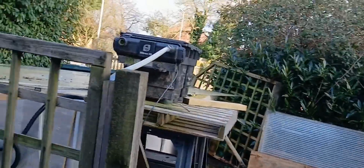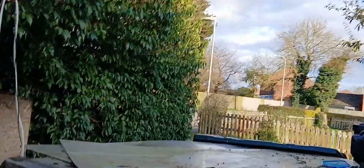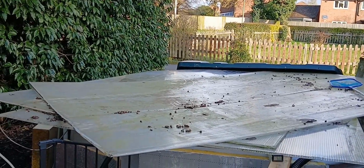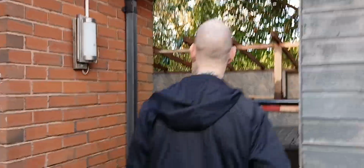You was on about polycarb. What sort? How much did you need? What sort of size? Because obviously I'm going to be using these bits for my roof. I need quite a bit, about that square, so about the size of one of these, really. There might be some more down the way, up where the thing is. Do you need it in one big section, or can it be in sections? It can be in sections, it doesn't matter. Well, if it can be in sections, I have got